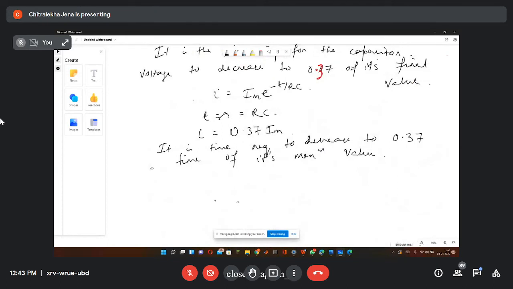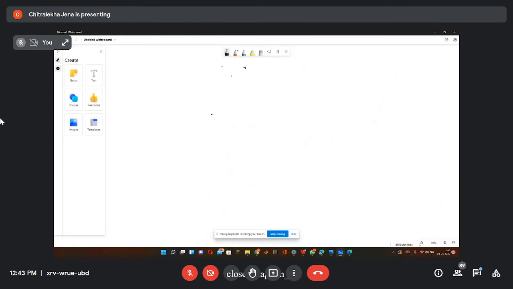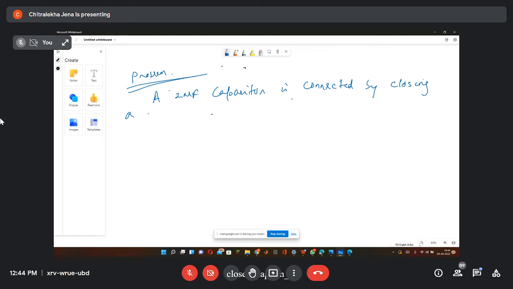Okay, so now we'll do one problem. I was supposed to start with the inductor, but I will do a problem. Problem, all of you do. I will ask you. Whoever does not have a calculator, bring one tomorrow. Within that period I am writing the question. A 2 microfarad capacitor is connected by closing a switch